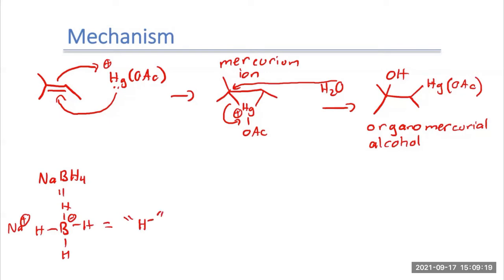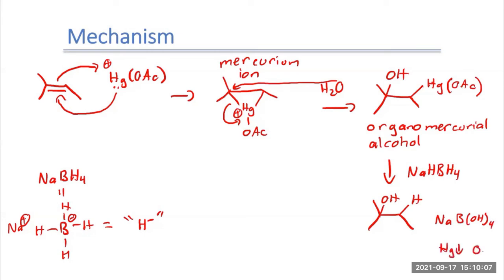So this hydride ion goes and takes the place of the mercury. And when that happens, we end up with just a hydrogen in its spot. Then your sodium borohydride converts to a different product. You end up with mercury solid